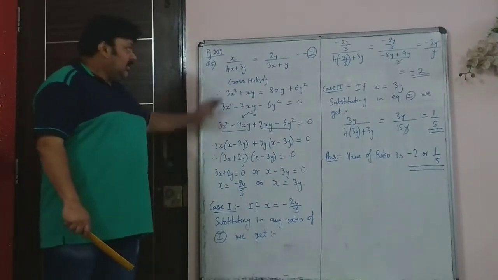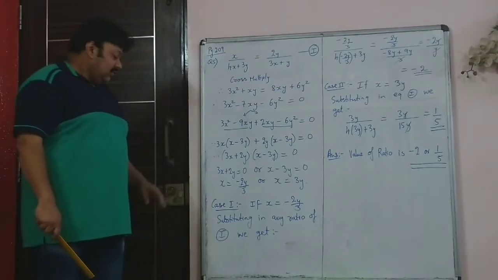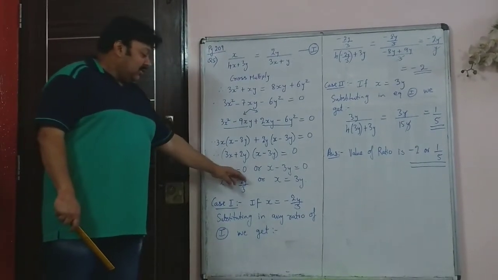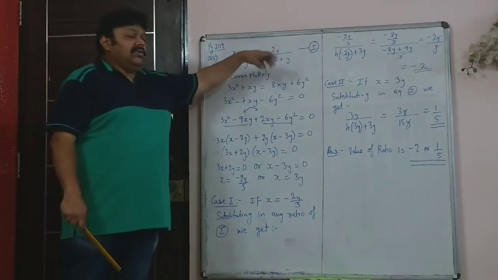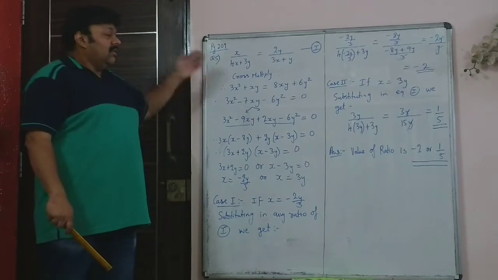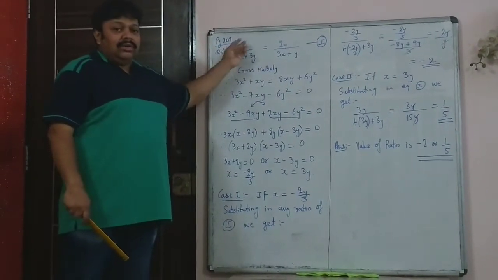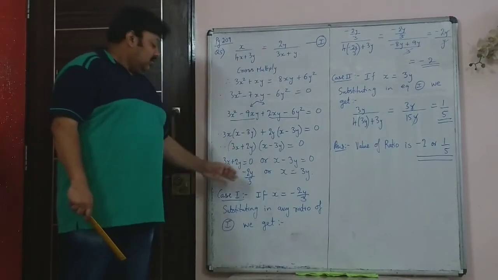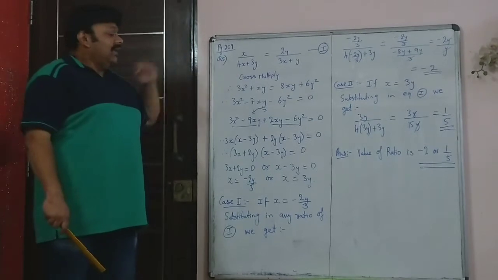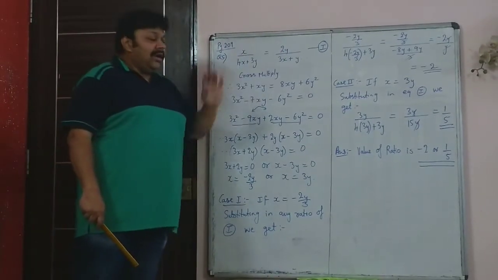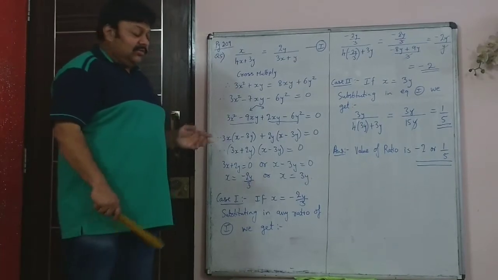Now in this first equation, which is the given equation, we will substitute x is equal to minus 2y by 3. Whether you want to take this or this is your choice, because it doesn't make any difference. Finally, that is equal. It is already given that this and this is equal. So whether you substitute x is equal to minus 2y by 3 on the left hand side or on the right hand side, you are going to get the same answer. The answer is not going to change.